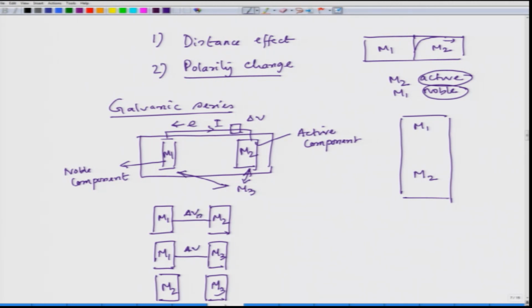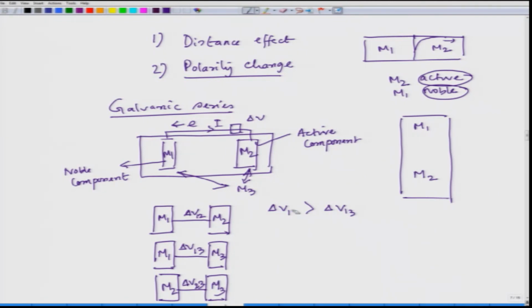This voltage is del V 1, 2, this is del V 1, 3, this is del V 2, 3. Now, if we see that del V 1, 2 is greater than del V 1, 3,